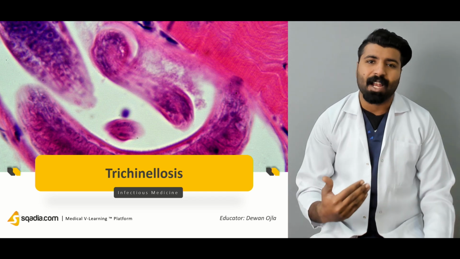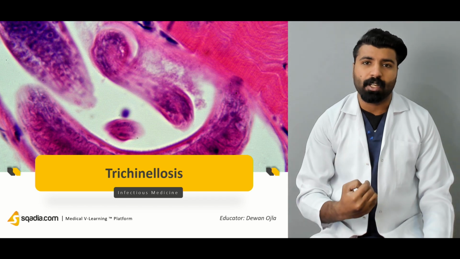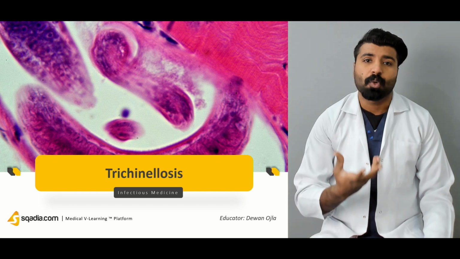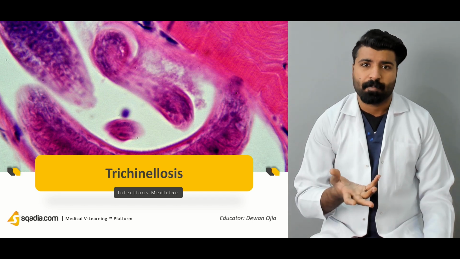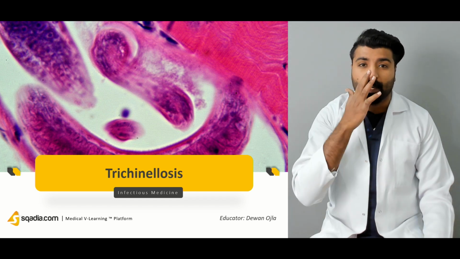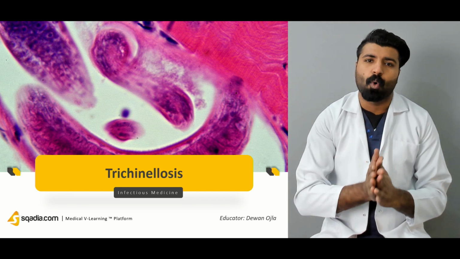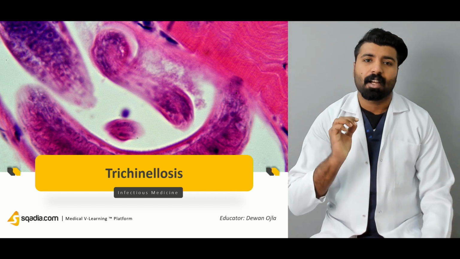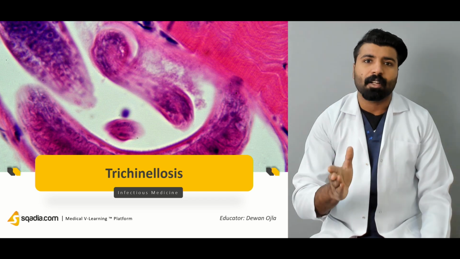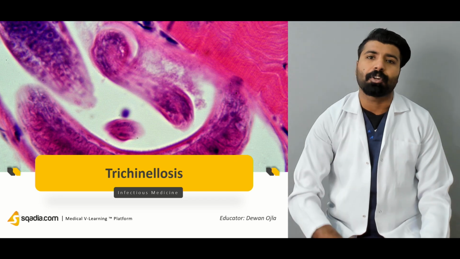Now, we call them parasites because they depend upon us. They live inside of us, they use our body, they propagate there, and they somehow use even our energy processes. We call them parasites because they feed on us. So trichinella is actually roundworms which go into our intestine, and they don't even stop there. They go into our muscles, their larvae get deposited there, and when they're adult, they come back into the intestine and we defecate them.